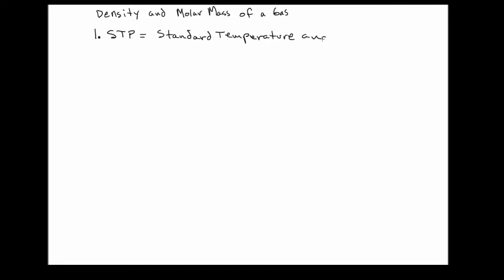The standard temperature and pressure of a gas is defined where T is equal to 273 Kelvin, or 0 degrees centigrade, and the pressure is equal to 1 atmosphere. Now, if we further stipulate that we have exactly 1 mole of any gas, it doesn't matter whether it's nitrogen or oxygen or even a gas mixture like air,